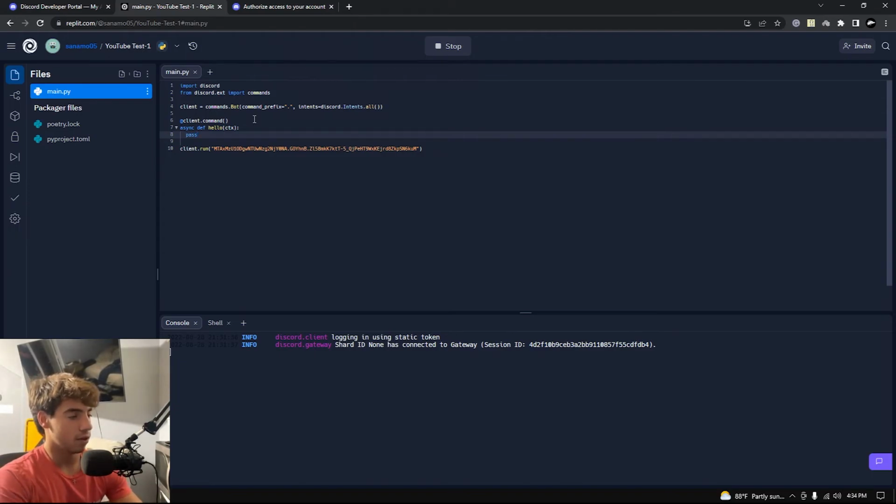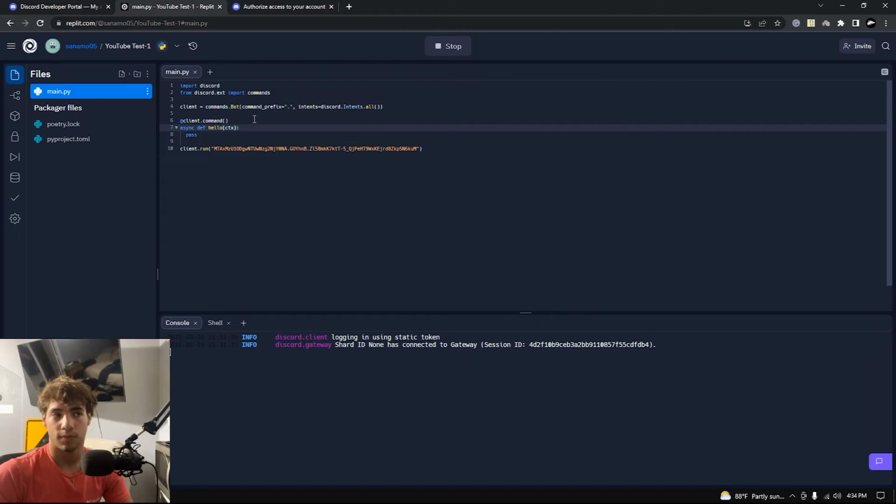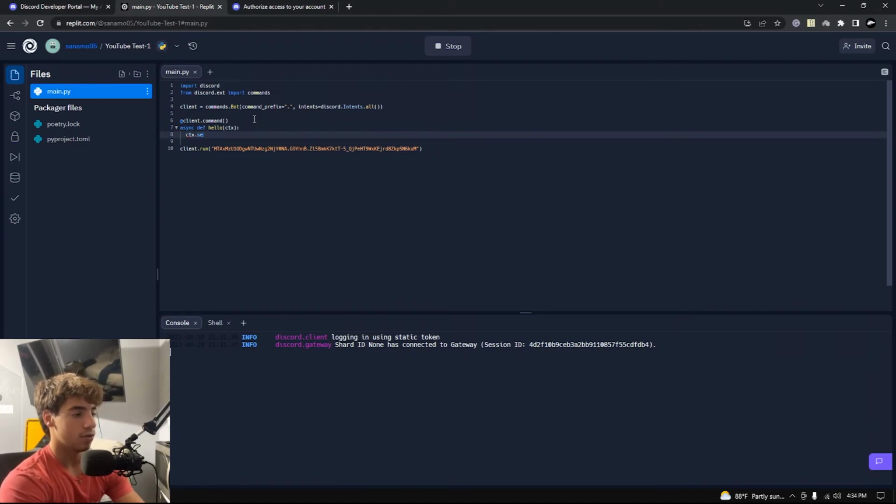So async def hello, and then ctx is just passed in. For pretty much every single command you need ctx. We don't strictly need it here, but pass ctx for all your commands. This is what we're going to use to do everything: send messages, remove messages, add reactions, all of that is done through ctx. So like I said, we're going to use ctx to send a message. We do ctx.send, and then we put a string with whatever we want to send